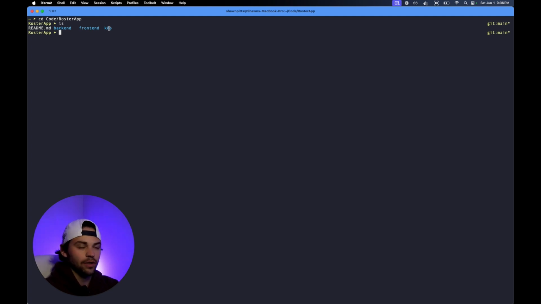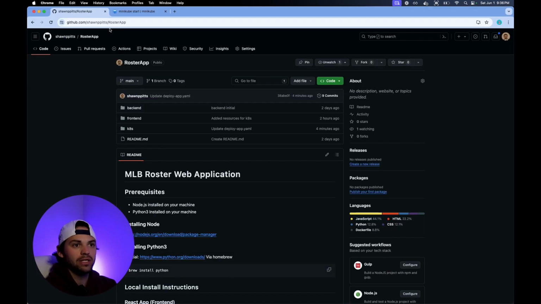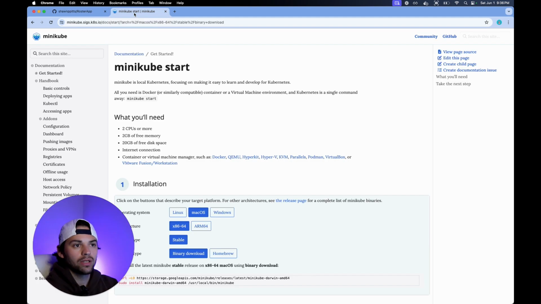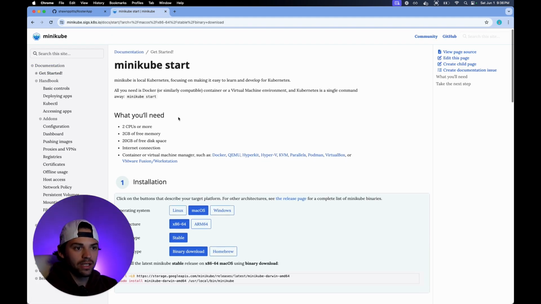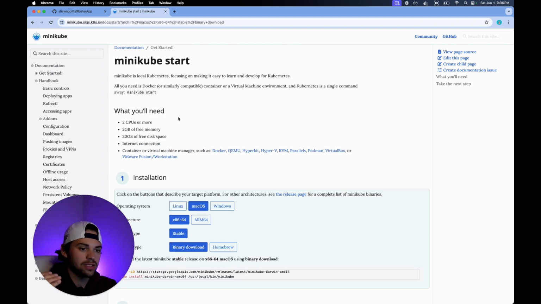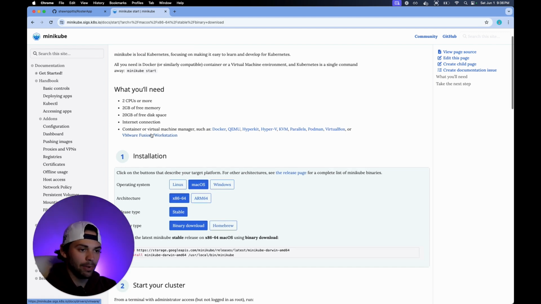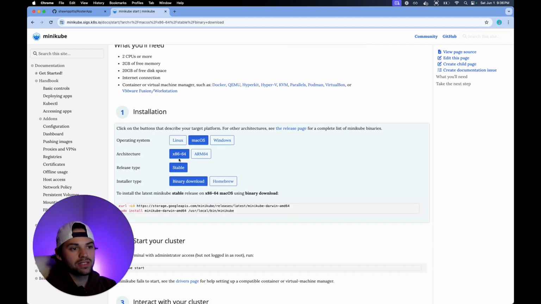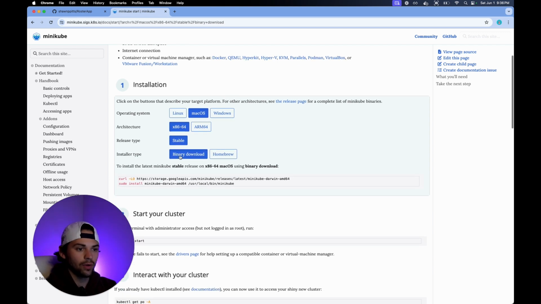Now, just for basics here, what we need to do is create a Kubernetes cluster to start off with. We actually don't even need to interact with the app at the moment. So we're going to go over to Minikube and go to Get Started. Under Get Started, you're going to see that there are some prerequisites that we'll need, such as 2 CPUs or more, 2 gigabytes of free memory, 20 gigabytes of free disk space, and so on. Now, I'm on Mac OS and I'm running the x86-64 architecture, so I've gone ahead and run these 2 commands